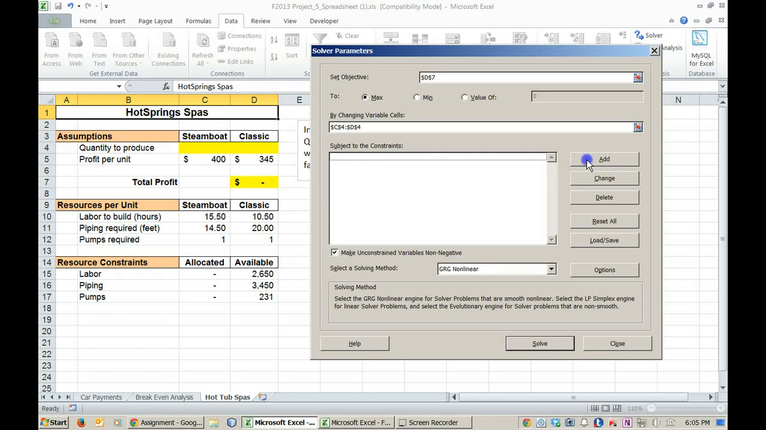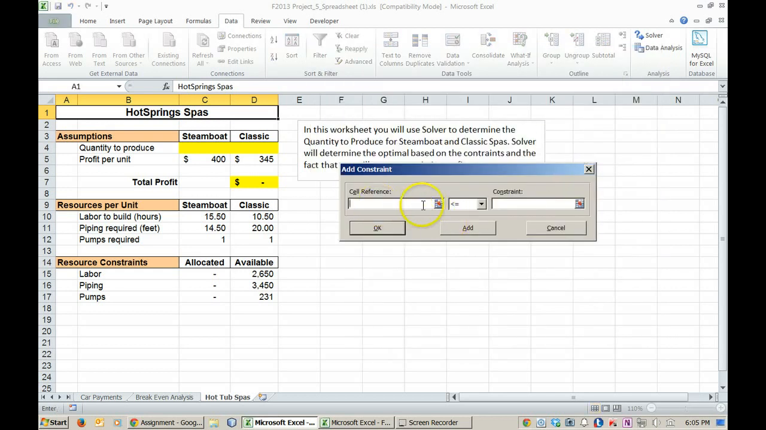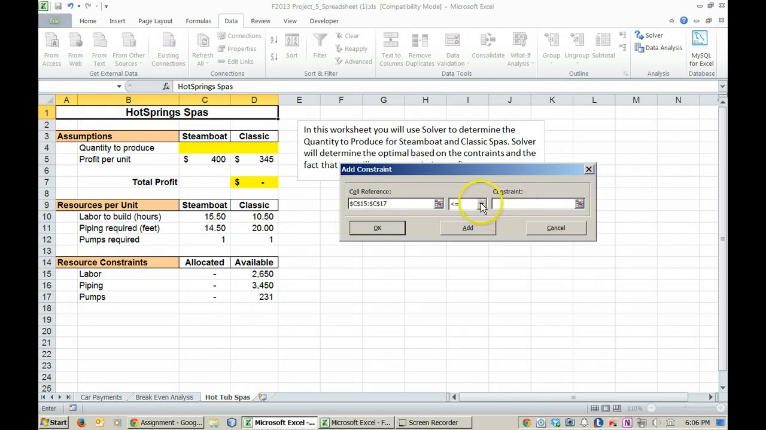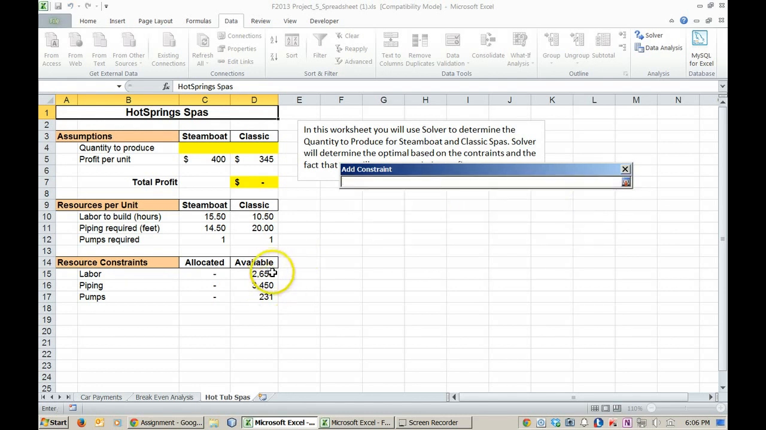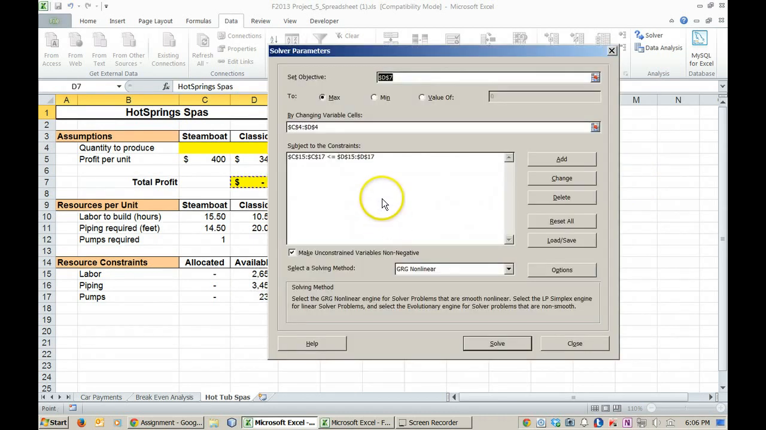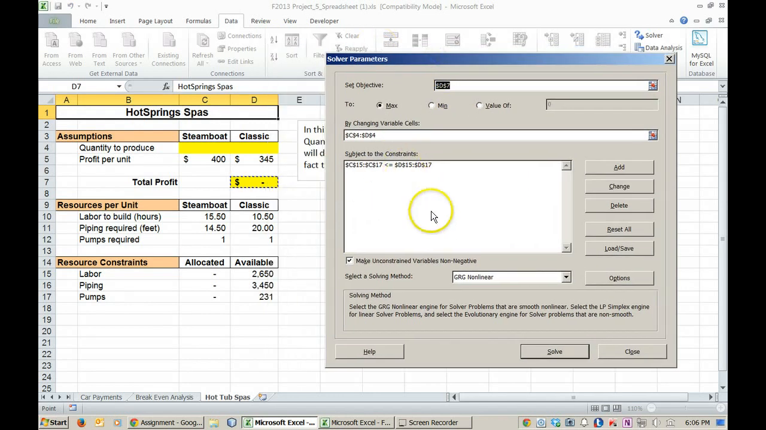we'll click on add a constraint, and for our cell reference we'll click C15 and drag down to C17, and that has to be less than or equal to our constraint. Again, we'll click on D15 and drag down to D17, and then we'll just say OK. So our constraint is now in this box here, and there's nothing else we have to change. All we have to do is click on solve,